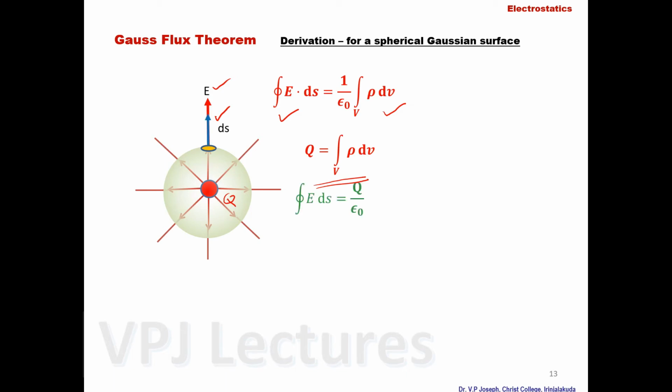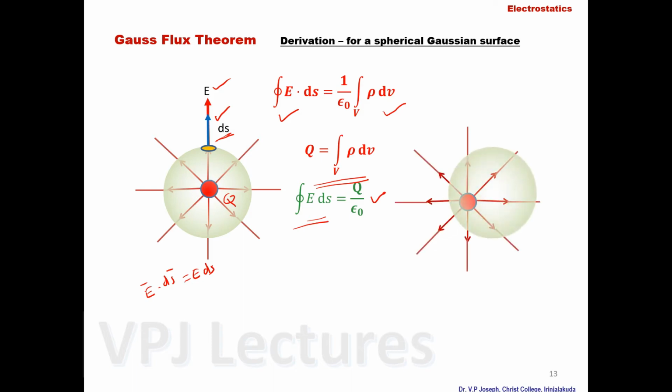And so we can see that the area ds also has the same direction as that of E, because it is along the normal direction. So E and ds are in the same direction. So E dot ds changes to E ds. E dot ds, or E cos theta ds, is equal to E into ds. So the left hand side of this equation simply becomes E times the integral of ds, and on the right hand side, one charge is there, so q by epsilon 0.